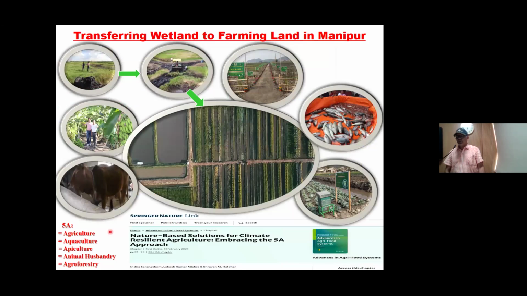Another thing, sir, is related to our farm, because I am also the farm in-charge at CAU. We are transforming around 15 to 20 hectares of wetland which was of no use into farming land. More than 2 crore is being spent on developing this area, and at present you see this is the situation. We are making sunken beds, raised beds, and a fish pond. It has already been published, and we have received an award for this.